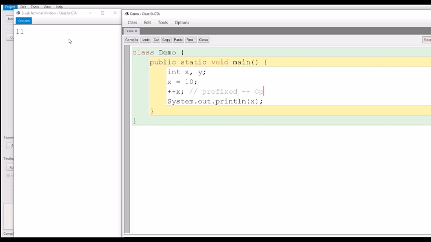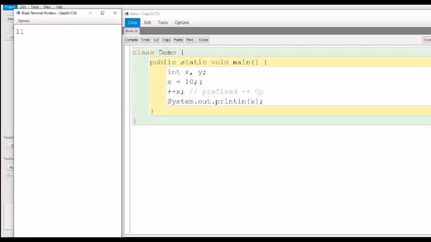The previous one was postfixed. Will there be a difference between the previous display of x and the display of x now? Let us compile and execute. It has still displayed 11.